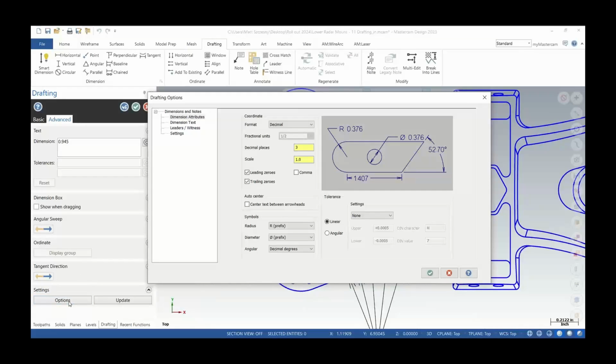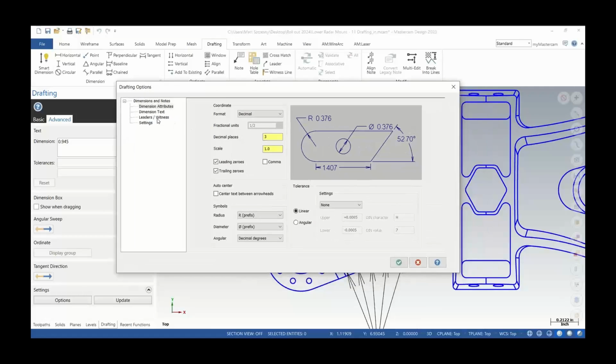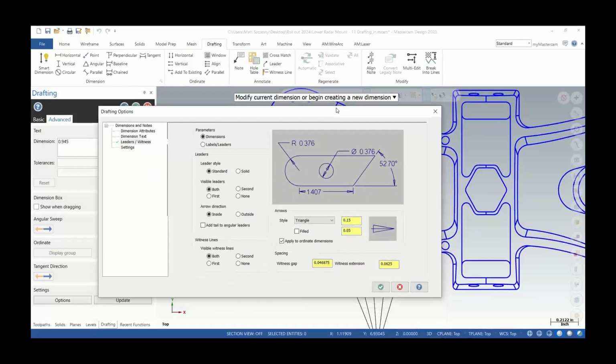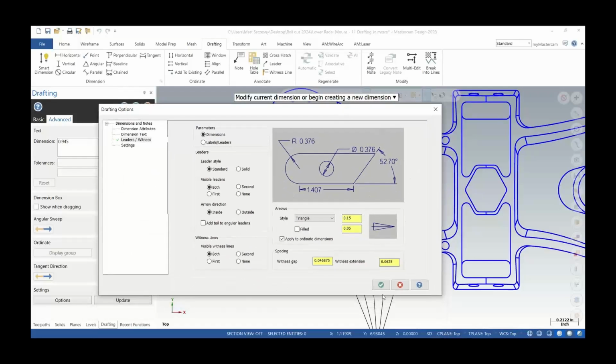And if I select that, we get this kind of old, more outdated options to view where those leaders are going. And if I go down to the leaders/witnesses, here's where I have my arrow adjustment selection method. So if I wanted to make some changes to this and maybe adjust this arrow length and set the style to say triangle,